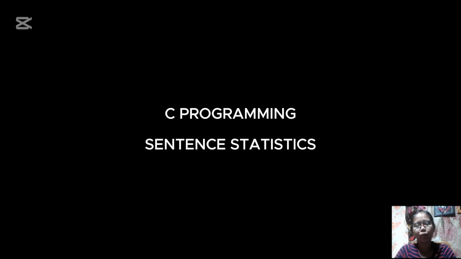Number four, whether the first and last words are the same. Number five, whether the cleaned-up line is a palindrome. And number six, the entire sentence reversed. Now, let's dive into the code and I will explain it part by part.